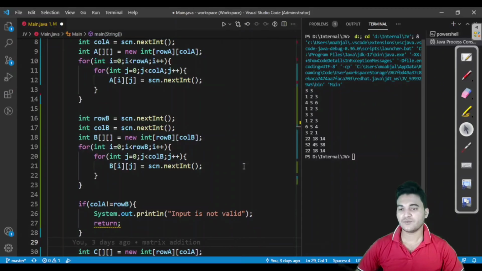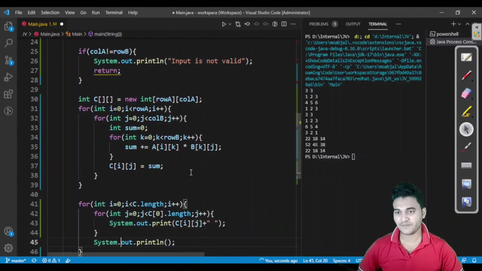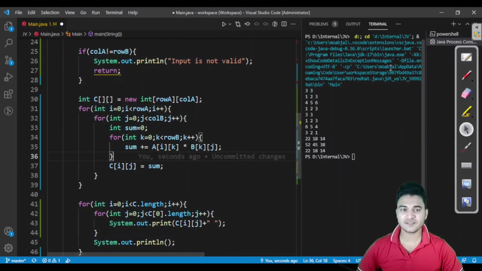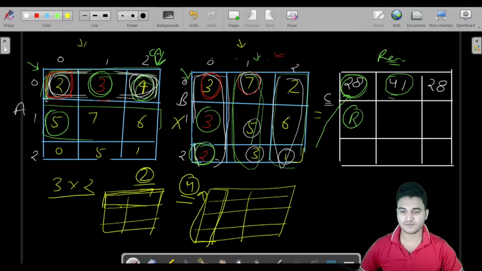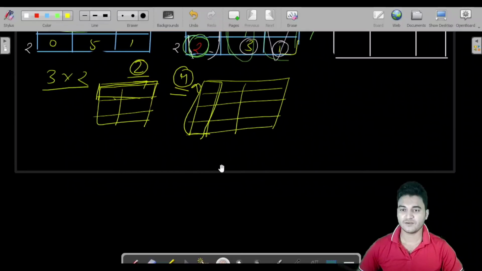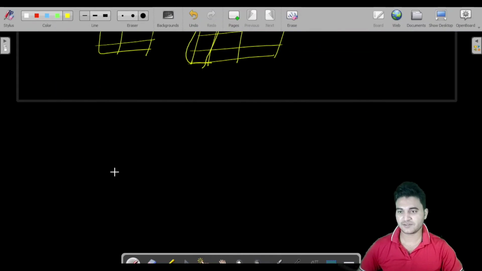And one more thing to consider here. This is fine. No, this is not fine. Here we are iterating over row 1 and iterating over column 1, but what we have to do is, the resultant matrix would be of size... Let us suppose we have this matrix of 3,